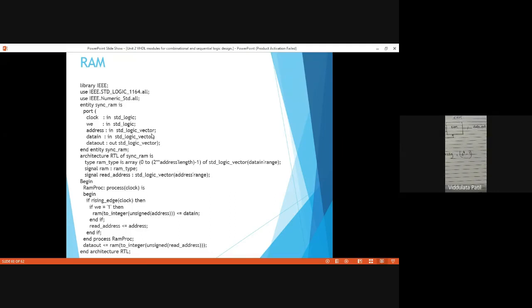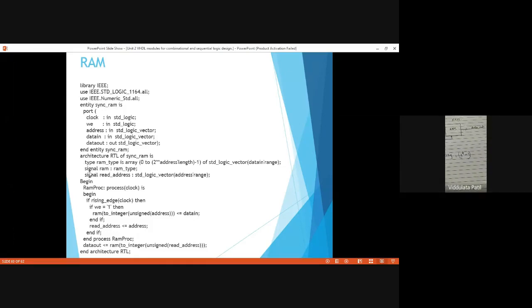I have not specified address length here. You can specify it, and then it could be calculated from that also. Okay, of standard logic vector. So that means this array is of the type standard logic vector, and the range for this is of the data in. So data in सारखीच त्याची पण रेंज असणार आहे.